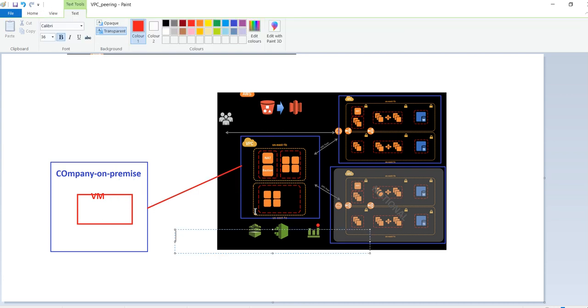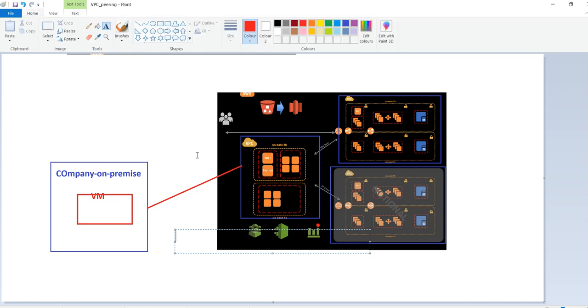So I will use this VPC as a jump box. A jump box is nothing but, you just connect from this machine, and here we will have a virtual machine, any Windows or Linux machine. From here you will jump to any production server or development server.